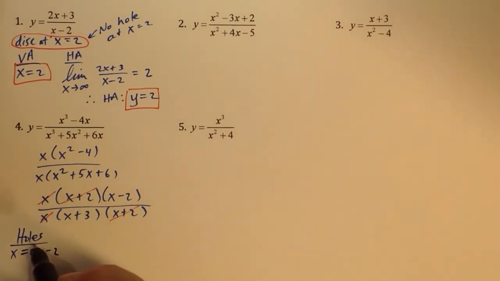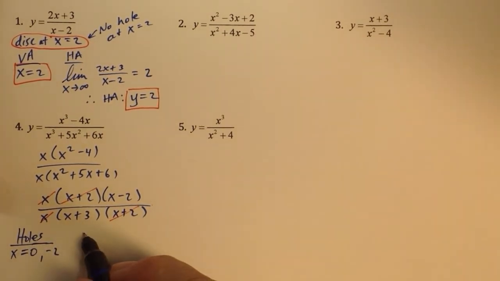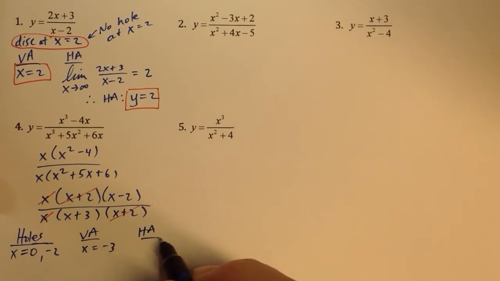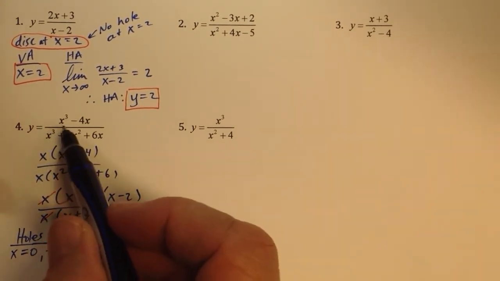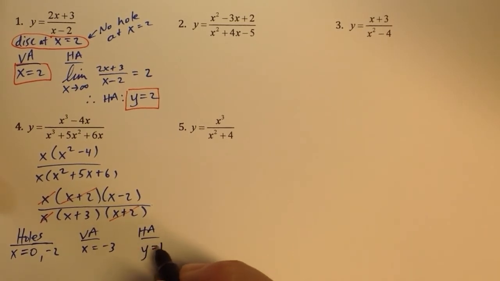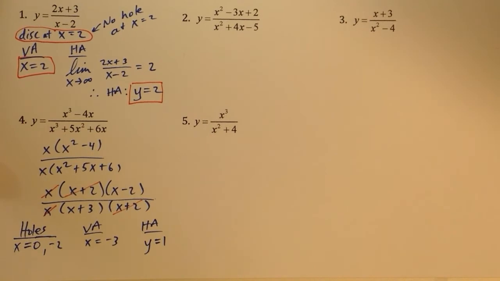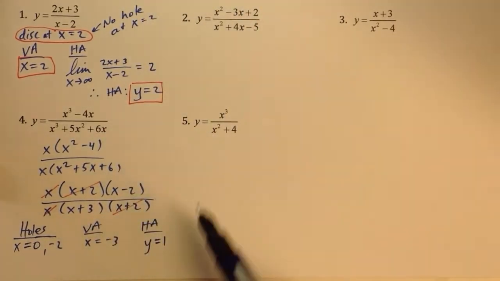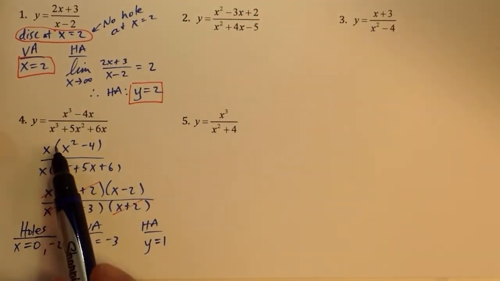Okay, again, I'm going a little bit quick through this because we've already done this stuff. The vertical asymptote, on the other hand, is x equals -3. In the horizontal asymptote, we take the limit as x approaches infinity, and we see that we have same-size bubble, and we get a limit of 1. We can talk about limits now when we discuss asymptotes. Now, all it asks us is to find the holes, horizontal asymptotes and vertical asymptotes, but for number 4 here,